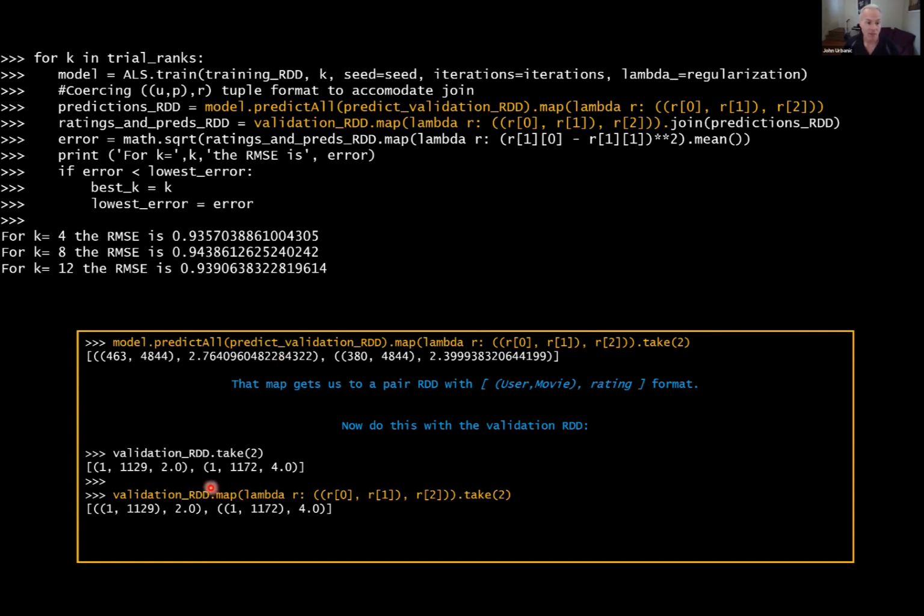Now I want to do the same thing with the validation data, because the validation data that we set aside, right? We're using the validation data to find a good value of K. That's its job. Validation data we set aside to help us find good hyperparameters. And the validation data that we set aside, we want it to look like this: user, movie, rating. And we want to massage it into the right form of user, movie, and then rating. That gives us the user movie key and then the rating value. So that we're going to have the keys in all of our pair RDDs be user movie combinations, and the values will be the movie ratings.